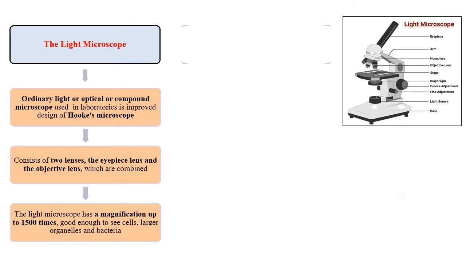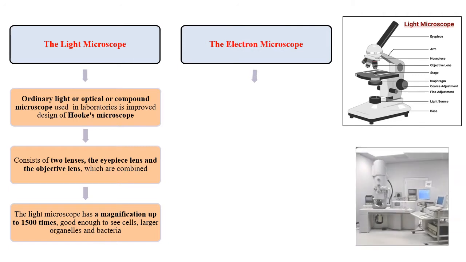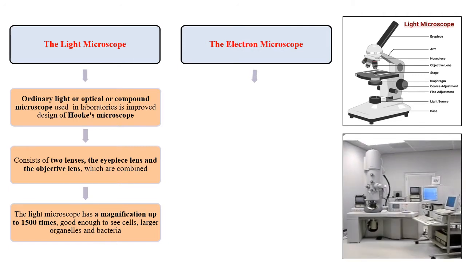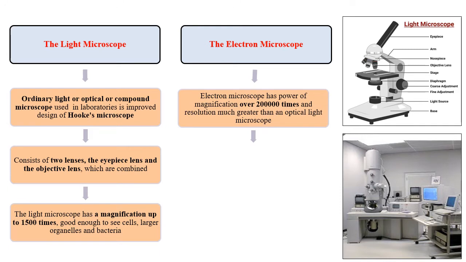The electron microscope. Invention of the electron microscope unfolded many new discoveries about cells. The electron microscope has a power of magnification over 2 lakh times and resolution much greater than that of an optical microscope. An electron microscope can resolve points